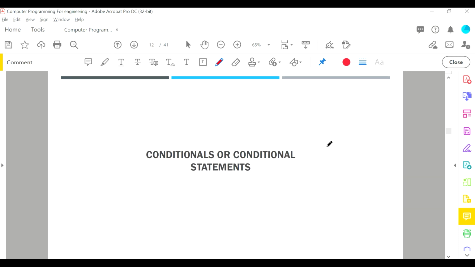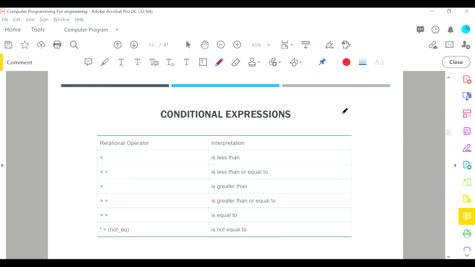All right, so let's go through the conditionals and let's use them. Usually you would compare quantities for the if to be true or to be false. This is the foundational statement of logic. So you would use less than or equal, greater than or equal, and equal in an if statement,